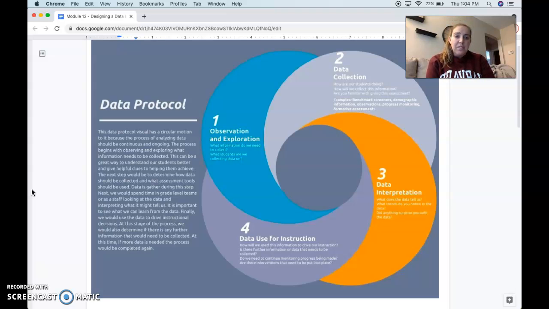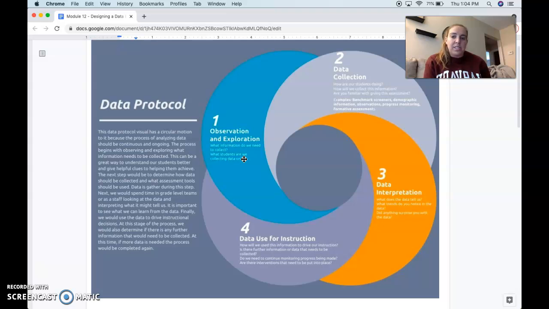As I was creating this, I thought about what works for me, what I've used in the past, as well as what would be helpful to use in the future. I came up with something that I think my grade level team does really well, but also tweaking it a little bit to make it more specific to what I need and what my teammates might benefit from. So we began with the observation and exploration piece right here, where we really look at